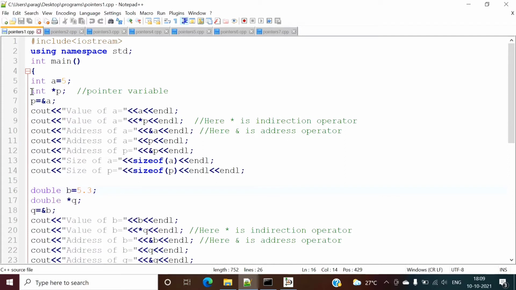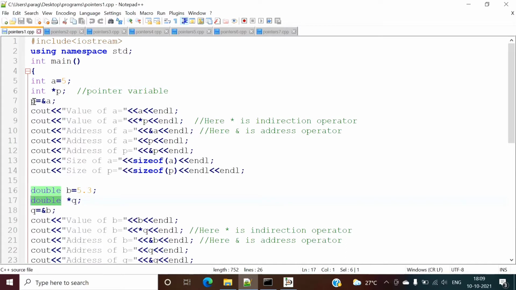Here we have defined this pointer variable and here we are allocating some address to it. As P is the pointer variable, it will have the address of some other variable. Here we have mentioned that P will have the address of an integer variable, and Q will have the address of another double variable.